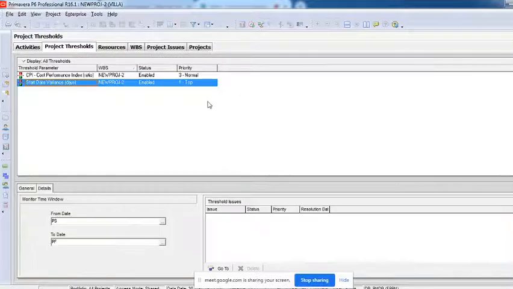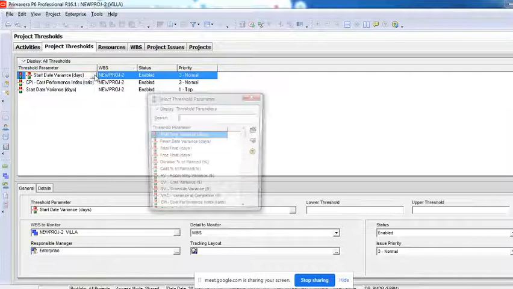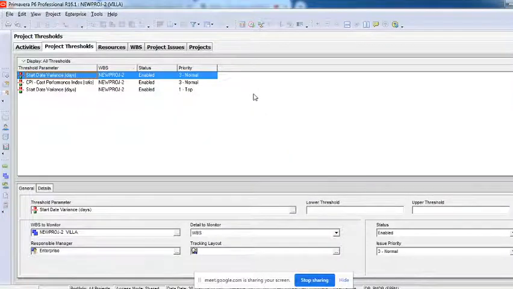You can create these thresholds. There are parameters which are there by default. Total float can also be an issue. Any activity that has less than 2 days of float, if it has, then it automatically has to create an issue, because any activity which does not have any extra time can probably create a bigger issue. So automatically this will be identified as an issue.